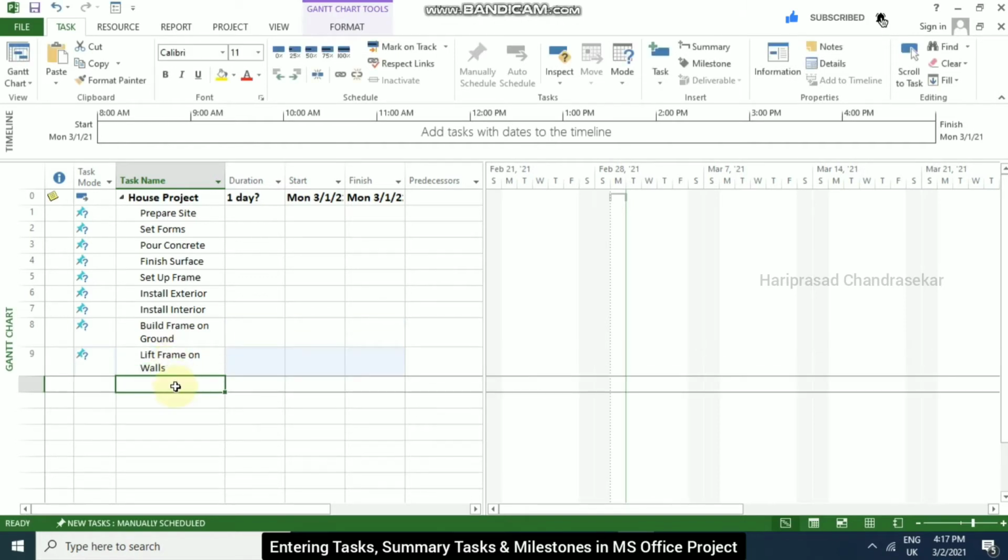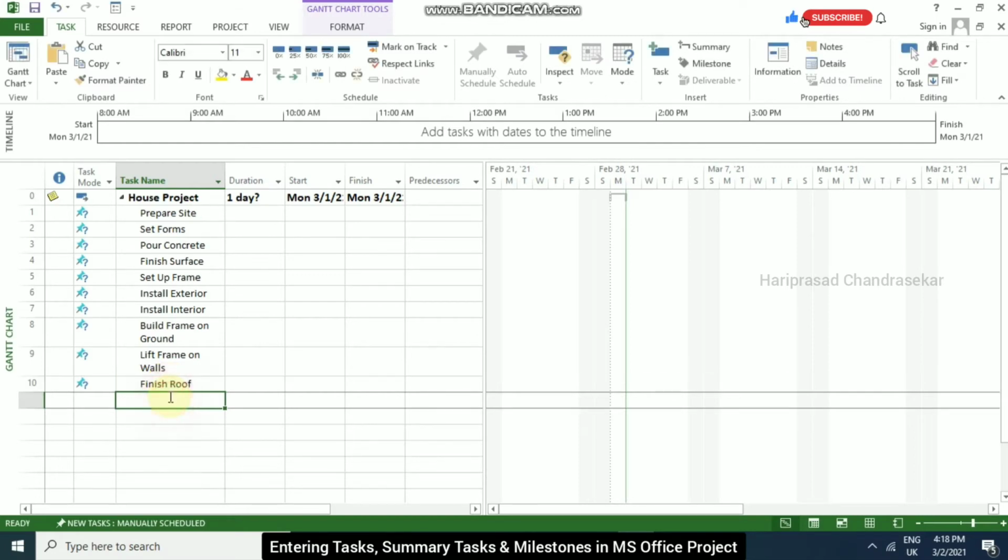You can use a mouse click or you can press enter. Like this, we have a set of tasks for this house project.